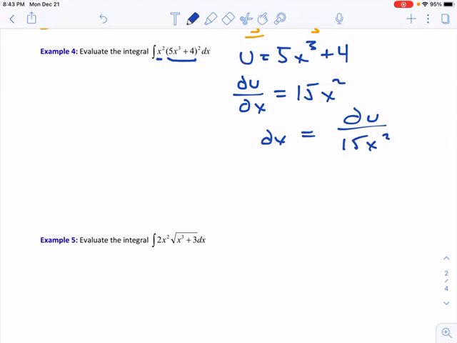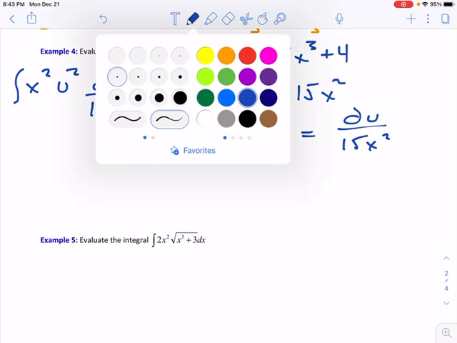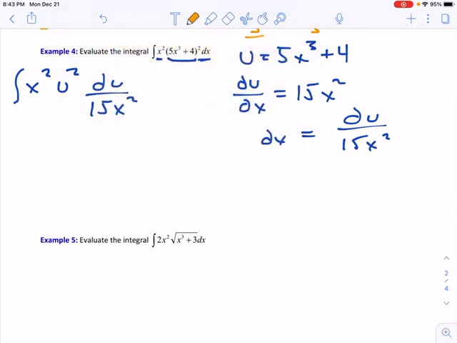So you can see now what's going to happen. We have u squared, and then taking out the dx and putting in du over 15x squared. I said don't worry about the constants as long as the variables are there. The variables have to be able to cancel out. So I'm left with a 15 in the denominator, so that's 1 over 15 times the integral of u squared du. Again, power rule,